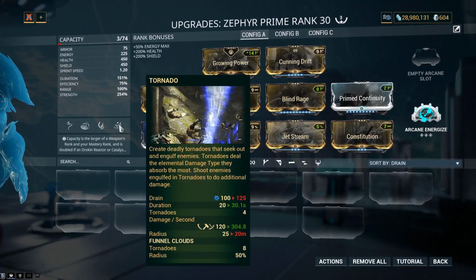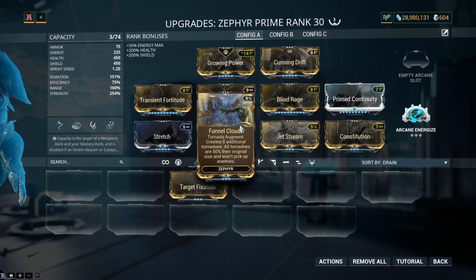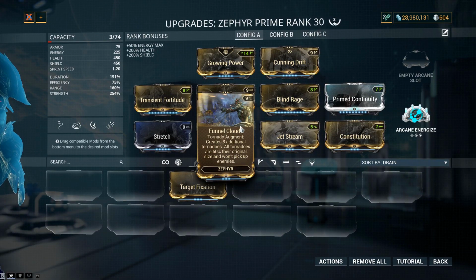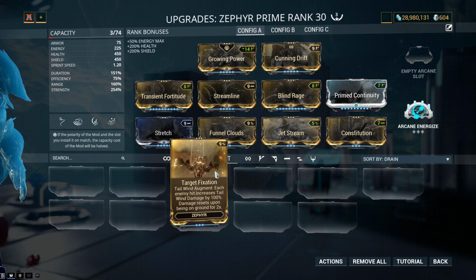Her Tornado is actually alright. It can be good disruption, crowd control, and with funnel clouds you can do a lot of status. The tornadoes have very high status output, and you can put elemental damage in them. But yeah, maybe damage nuking isn't exactly what I was looking for, but this augment's change does mean that